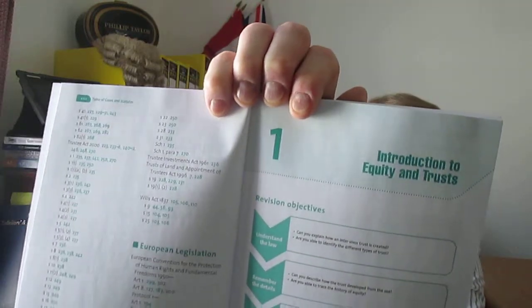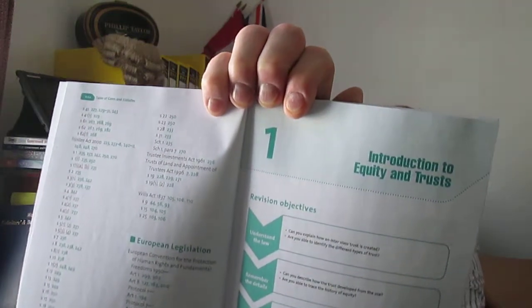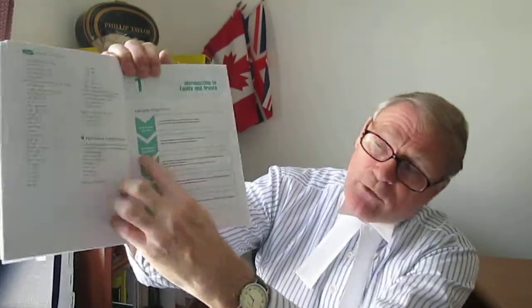Then we go straight in to introduction to equity and trust. You see you've got an introduction there. You've got a little index straight away of what the revision objectives are. So the theory is you've already done quite a lot of work, so this should not all be brand new to you. But certainly what it does is understand the law, remember the details, reflect critically on the areas of debate. That's the important bit academically. Then contextualise, a bit of an unfortunate word that one, and apply your skills and knowledge, because that's really what it's about. Then you get the chapter map, what are trusts, then you get a scenario, they like those words,